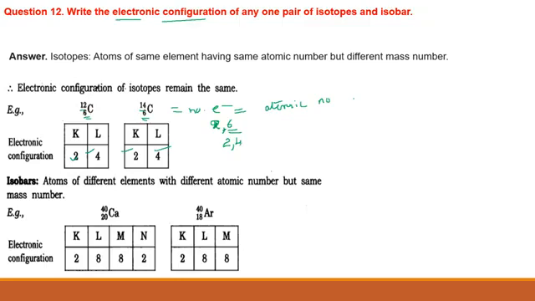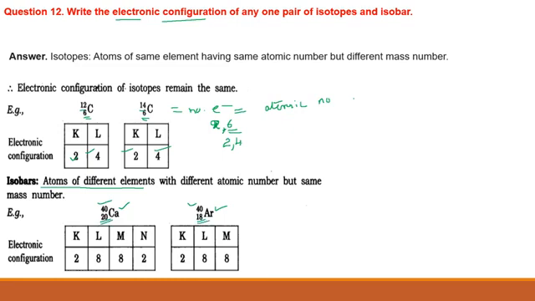Isobars are atoms of different elements. See, we have taken calcium and argon. Calcium and argon are two different elements, and what we can see over here is that they have the same atomic mass. Here the atomic masses are the same but the atomic numbers are different. Definitely it has to have a different atomic number, because see children, atomic number is just like an identity number